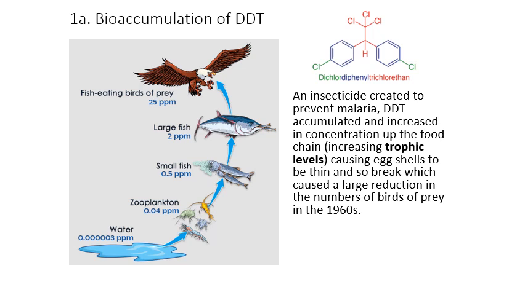Then small fish eat the zooplankton, so it's then incorporated into their cells. Large fish do the same, and then the fish-eating birds of prey, like the hawk, end up eating the large fish and dying, because in every step of the process the amount of DDT in the animal is increasing,